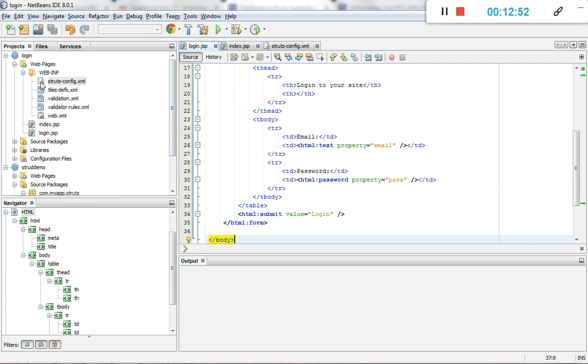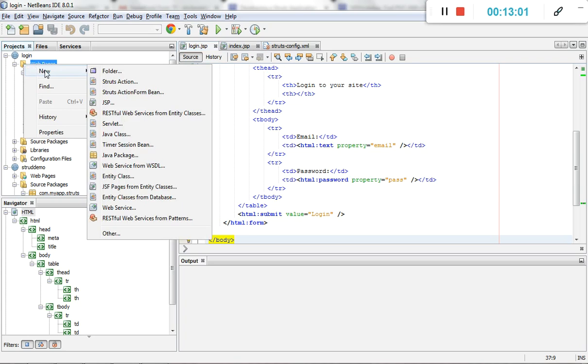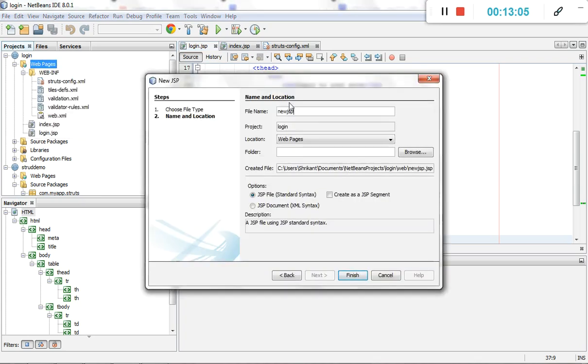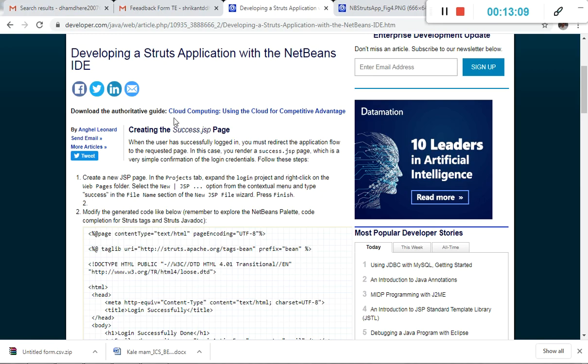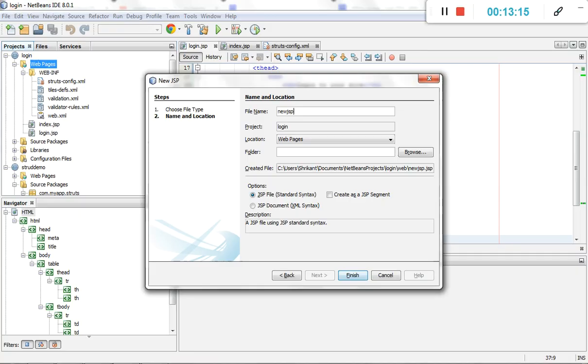It's a project, and this is actually the web pages. Right click on that and click on JSP, and then for your file name, just copy paste this file name. That one is success.jsp, and it comes in here.